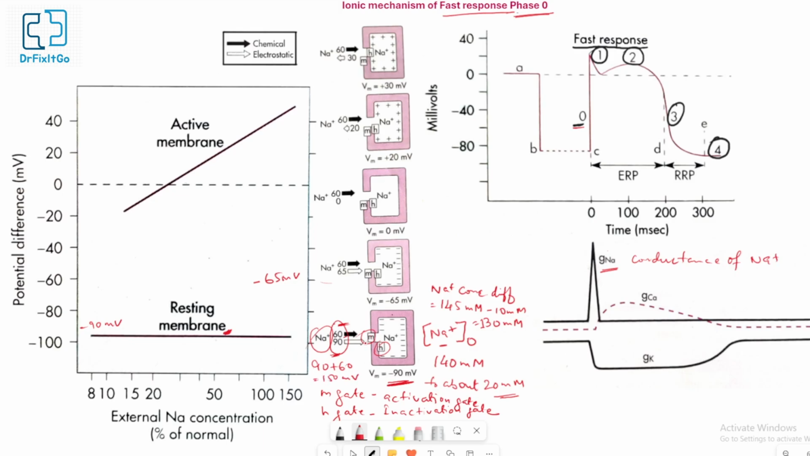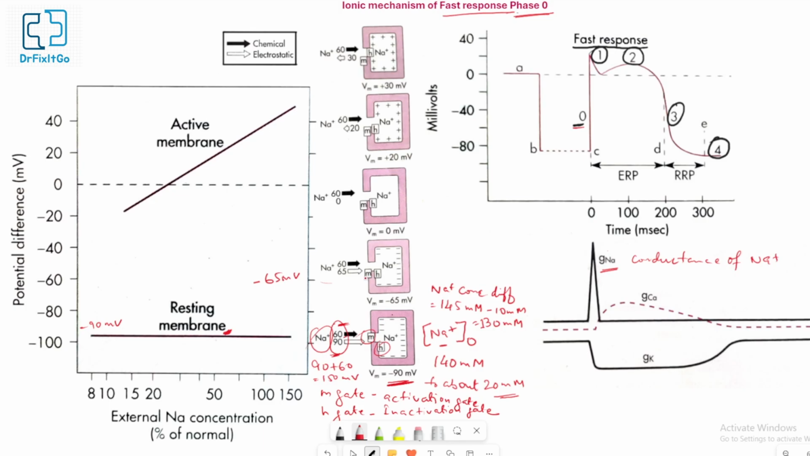The M gates are closed. However, the conductance of the resting cell membrane to sodium ions is low. Therefore, in the resting state, virtually no sodium moves into the cell. Any stimulus that makes the potential difference less negative tends to open the M gate and thereby tends to open the fast sodium ion channels. The precise potential required to open the M gate and thus activate the sodium ion channel